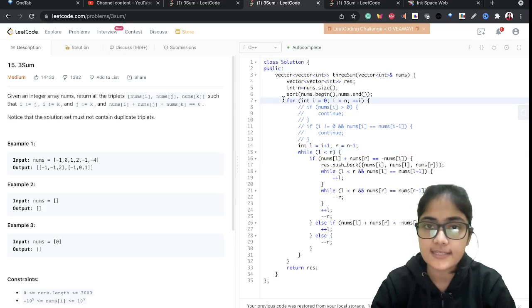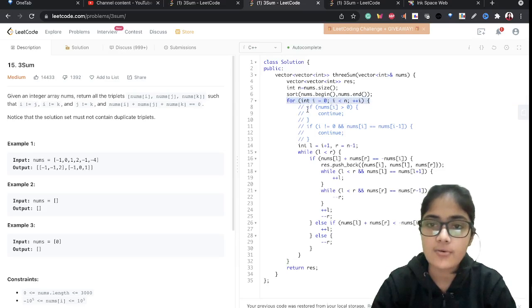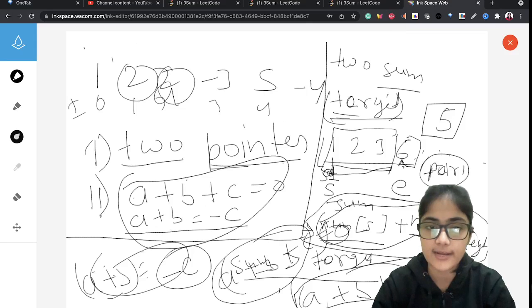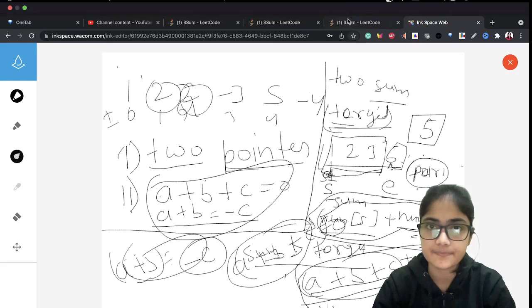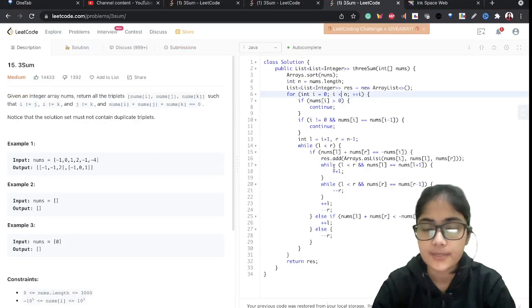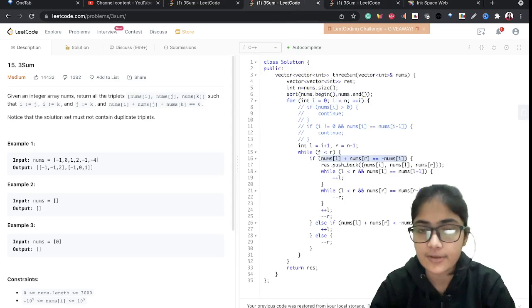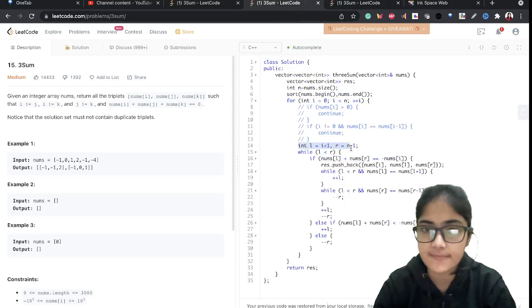So what I did is I have taken one number, and that is our C. And now I have to find two numbers such that their sum is equal to that C. As you can see here, I have to find two numbers such that their sum is equal to C. I am using the same concept I explained earlier.